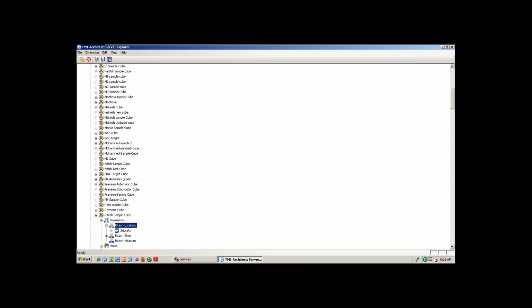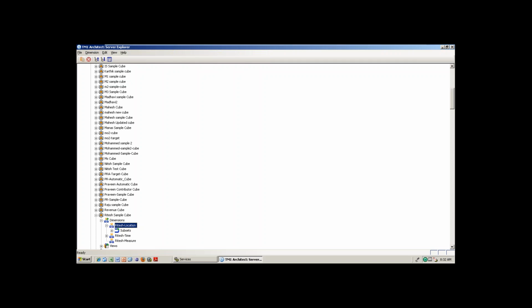So if you want to insert elements or delete elements or something you have to add in future, you need to go for the dimension editor, not the subset editor. Subset editor means whatever things you are frequently using, and if you want to make it easy for the users, the frequently used values, you are creating some subset and making it ready for them, but it's not the dimension editor. If you go to the dimension editor and delete something, it is gone forever.